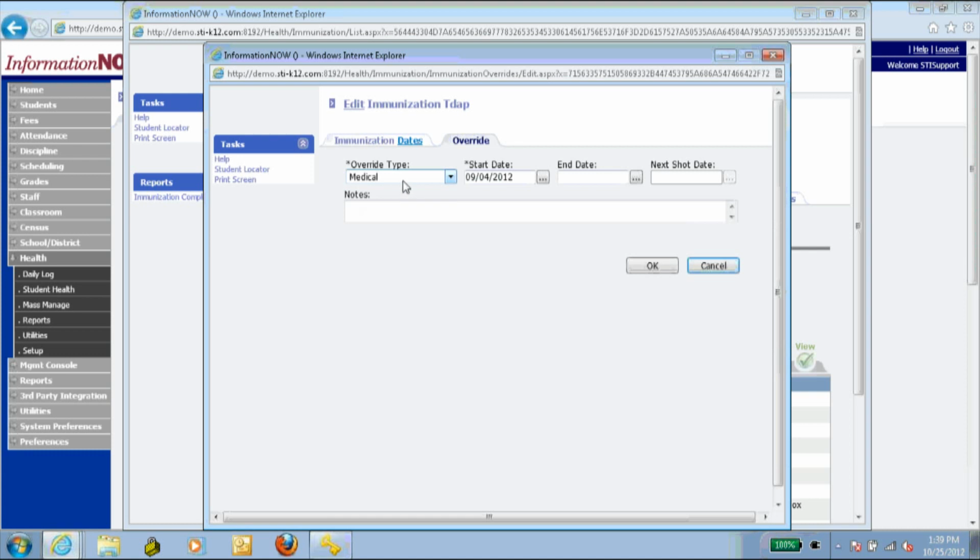You can say medical. You also have religious, medical, and you have a start date and an end date. Well, I guess, never mind. For the state of Alabama, you guys can't override as compliant. I'm sorry about that. Some of my other states, you can override the student as compliant, even if it's marking them as non-compliant. But it looks like for the state of Alabama, you guys just have a medical override and